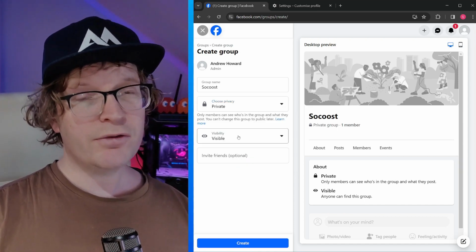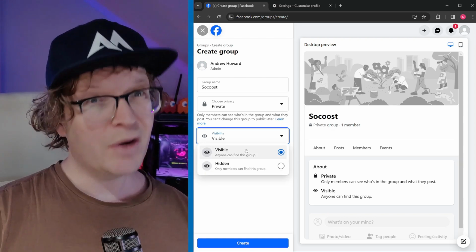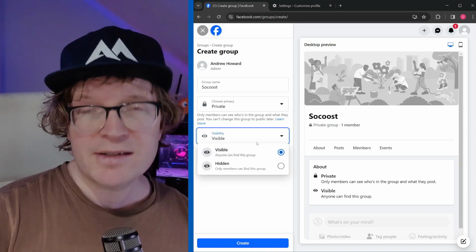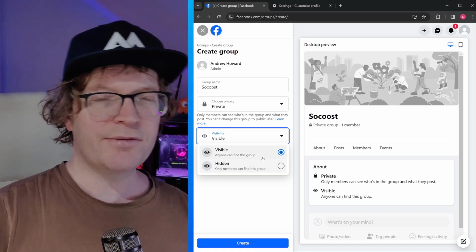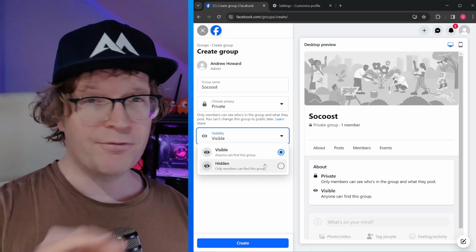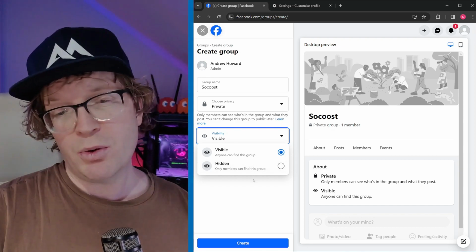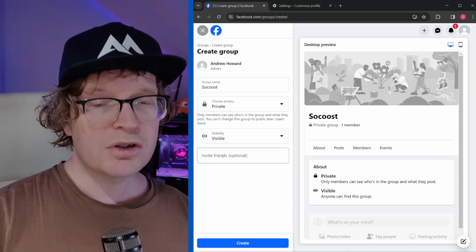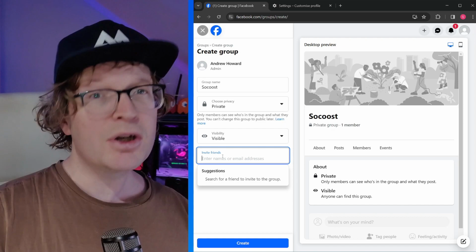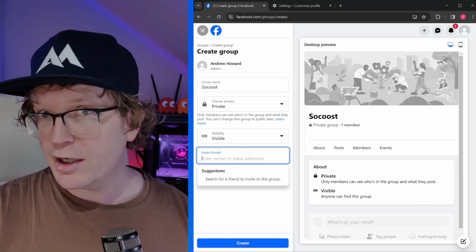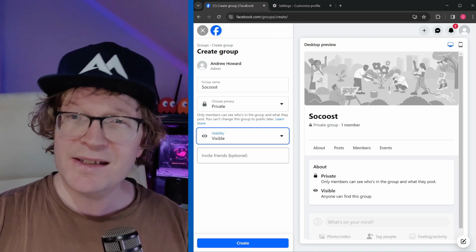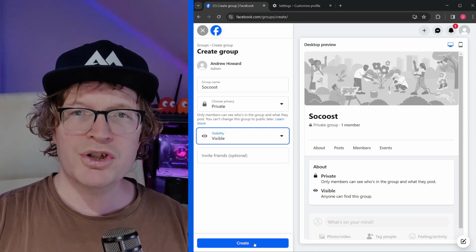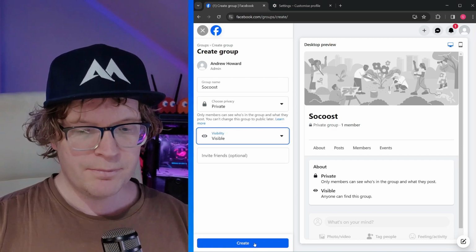You'll also have this other option of visibility, whether you want anyone to be able to find this. Now I suggest you kind of do, but if you're going to be linking to this from somewhere else and it's a fully closed community, you're going to want it as hidden. And then you have the option to invite your friends. Now currently, because we've just created the group, I haven't got any friends, and it's sad. So I'm just going to leave that as it is for now. But if you go to create, which is the blue button at the bottom, it will then